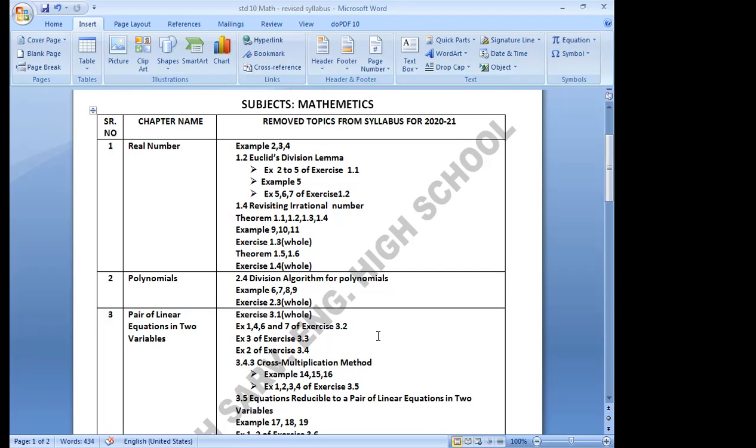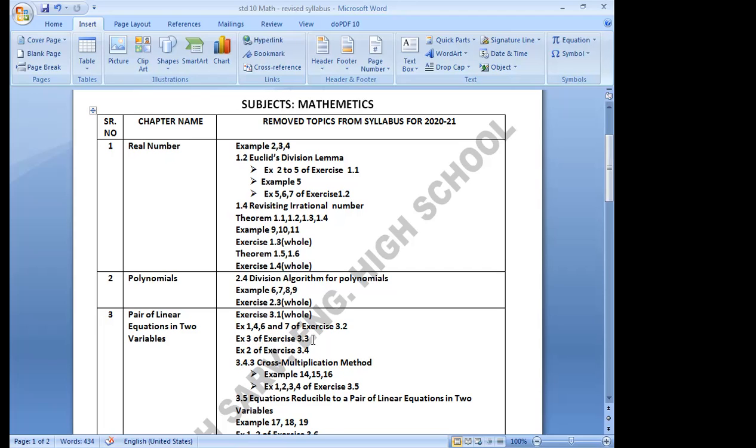Page number 53, exercise 3.3, in which question number 1 and 2 are included in the examination, and question number 3 from exercise 3.3 is excluded from the examination. Page number 54,